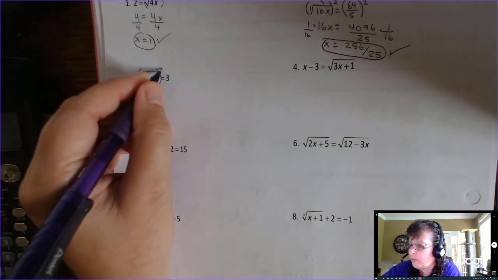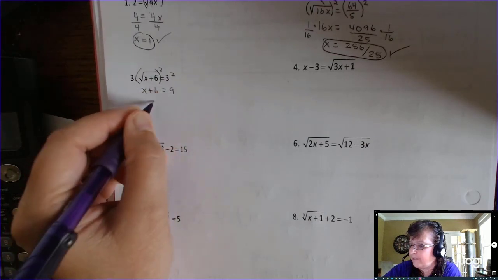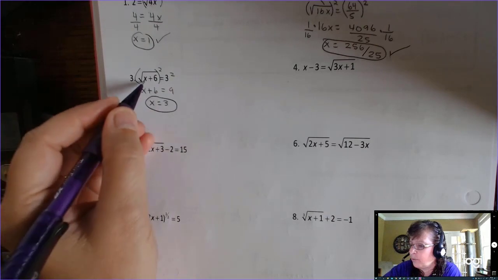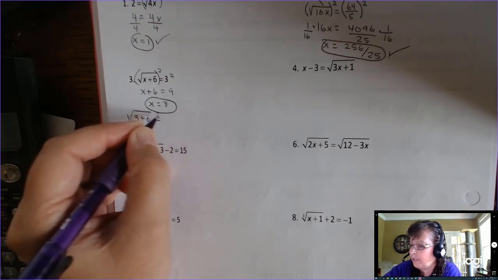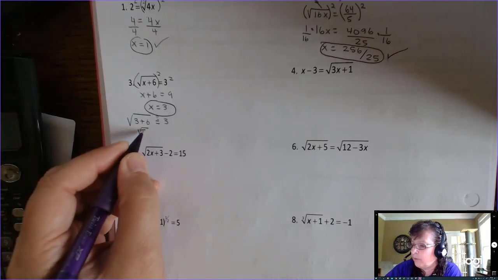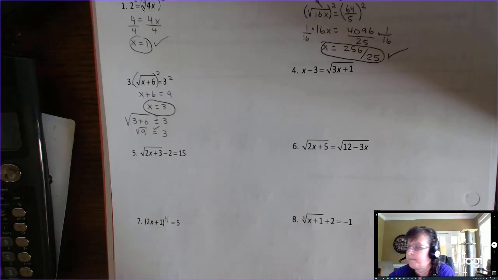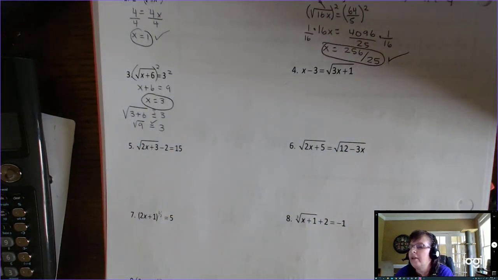So if we square both sides, we get x plus 6 equals 9. Subtract 6, you get x is 3. Check your work. Square root of 3 plus 6 is supposed to equal 3. Square root of 9 does indeed equal 3. So that works. Okay, now number 4